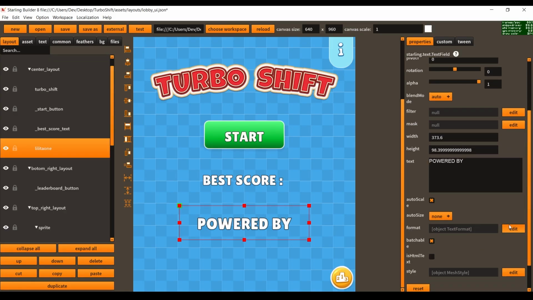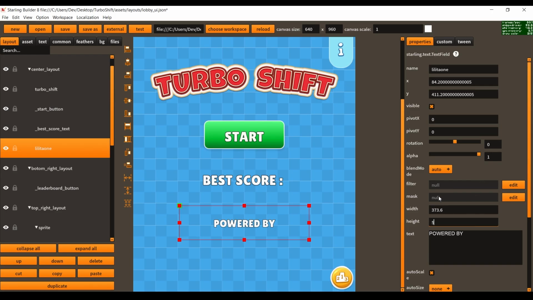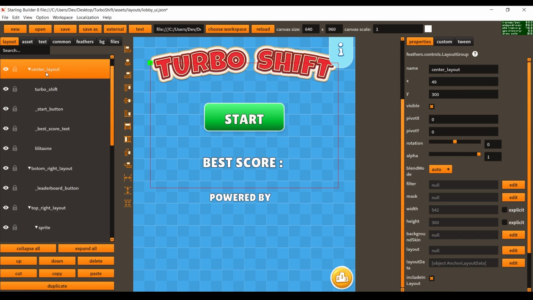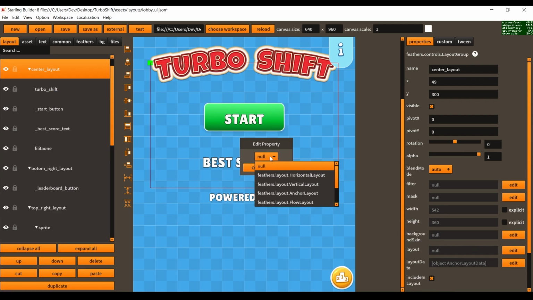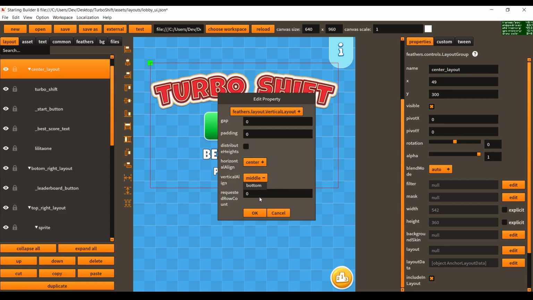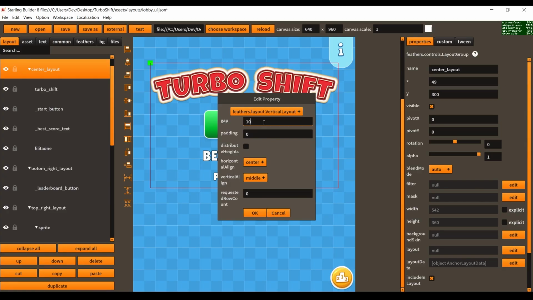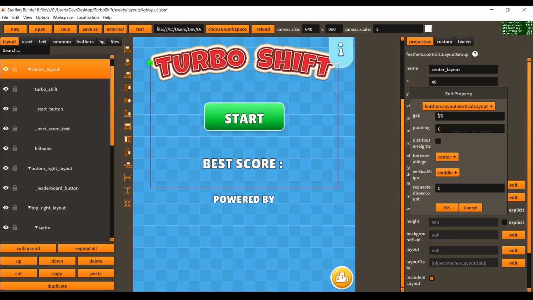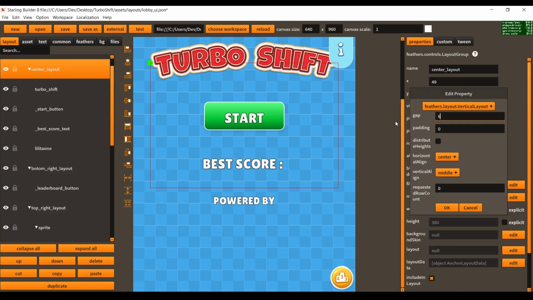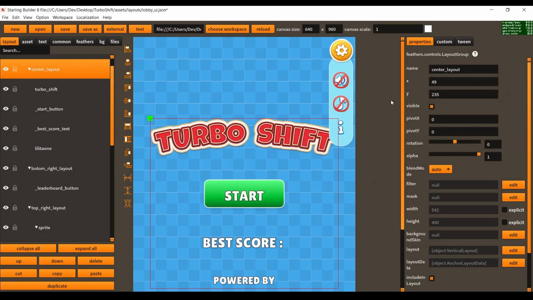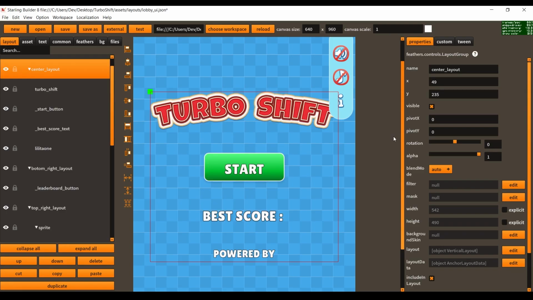Let's enable these 2 properties. Now, from the Comment tab, let's add